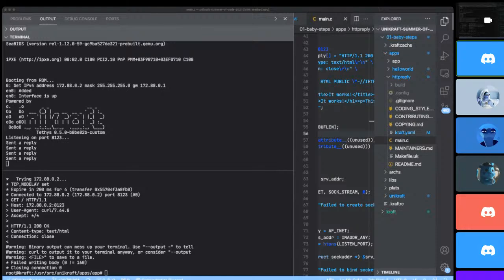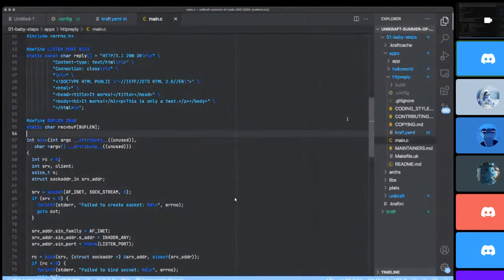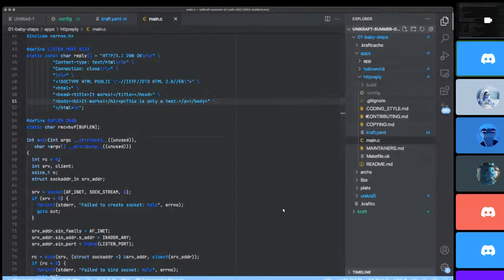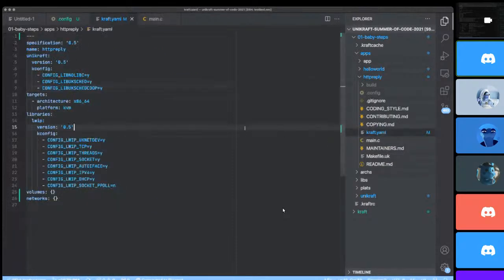I don't know if there's anything else that we should cover with Craft itself. I can now maybe use this opportunity to go into a little bit more detail of how Craft uses the relevant files of the application and the library to actually configure itself and to run and to build. So let's start diving into the source code, and let's look into HTTP reply. So we've covered how the craft YAML file is used by Craft, in fact, to create and configure and build and